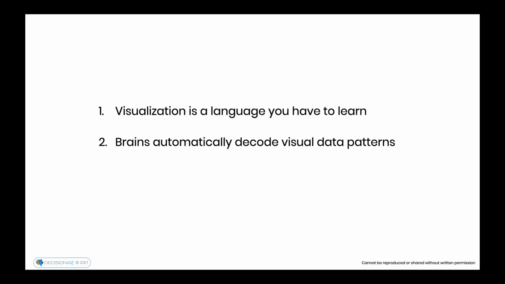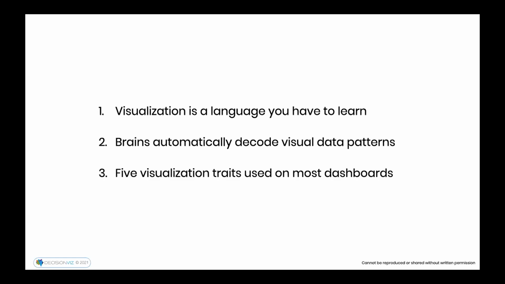Number 2, all of our brains have what I like to think of as automatic functions to decode visual data patterns. The problem is the brain gets confused when it doesn't see the patterns that it's looking for. So I'm going to show you what those patterns are so that you can create visualizations that are more impactful. And number 3, there are 5 foundation visual traits that make up most dashboard work that we all do. And so if you can get good at these, your dashboards will be beautiful, but more importantly, persuade people to